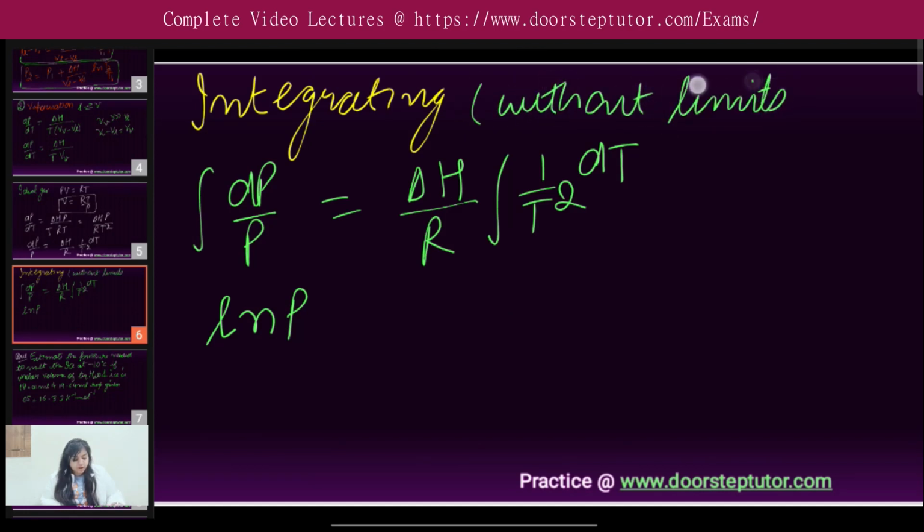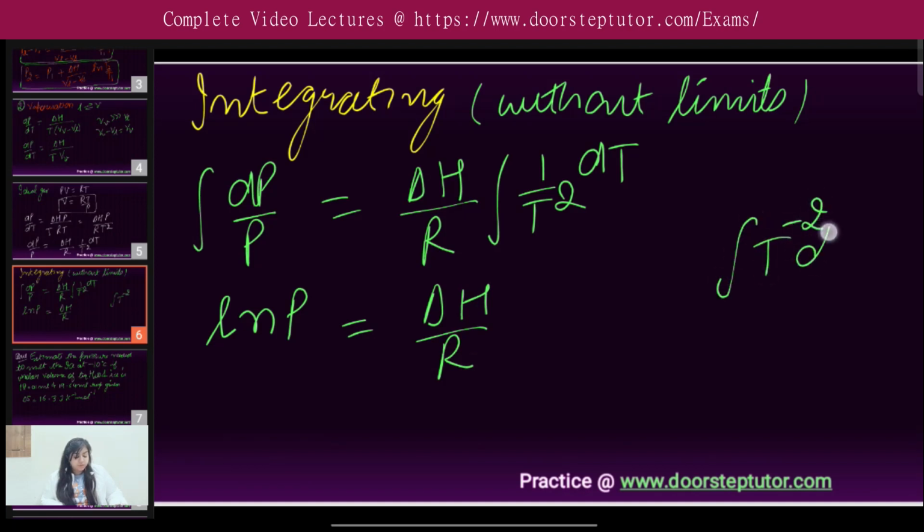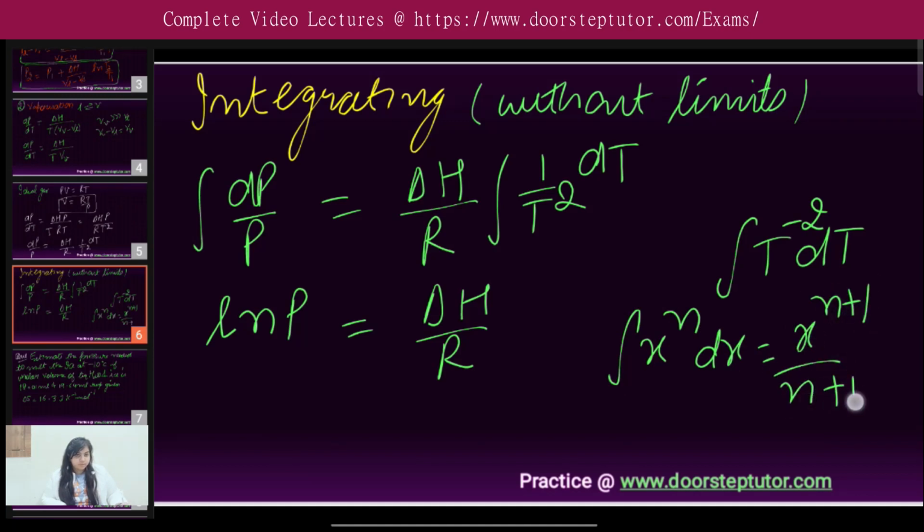Two cases will be there: one will be the integration without the limits and the other with the limits. So firstly, without the limits, it becomes delta H upon R into the integration of T raised to the power minus 2 into dT. We know that the integration of x raised to the power n into dx is given as x raised to the power n plus 1 upon n plus 1. So here, instead of x we have T, and instead of n we have minus 2. So this integration will become equal to T raised to the power of minus 2 plus 1 in the numerator, and in the denominator also minus